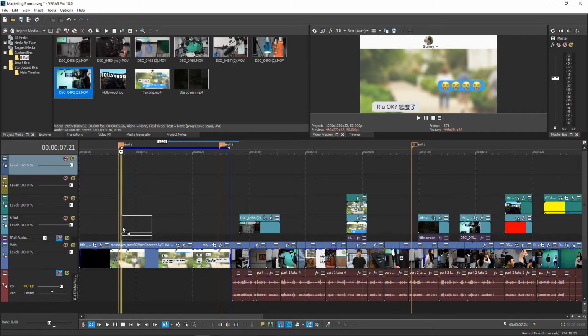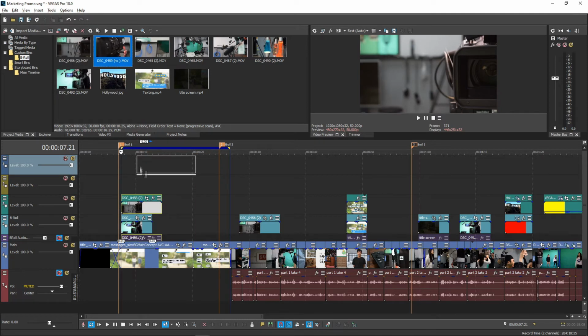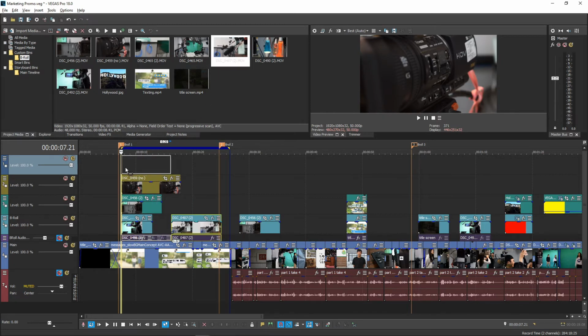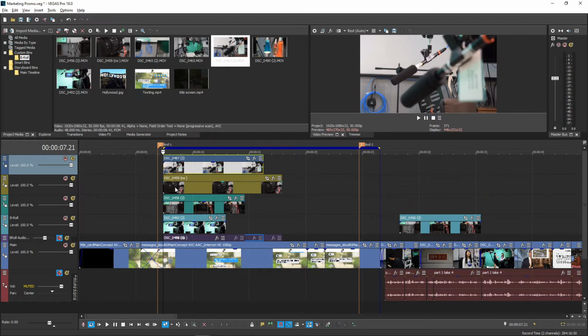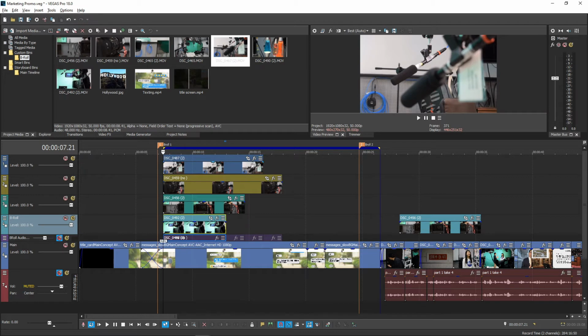Next, pick your media. I'll pick 4 B-roll shots of equipment that we shot for the marketing promo. Place each one on a separate track. Don't worry about timing yet. First, let's make them all smaller in pan crop. I'd like our 4 to be the same size and fill up the 4 corners.